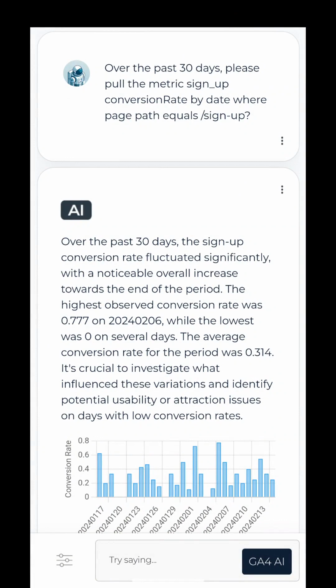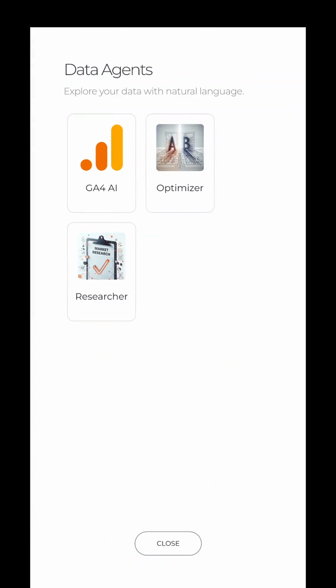So I want to direct your attention down to the bottom right-hand corner. You see this GA4 AI button. So I'm going to click on that. And what this does is it brings up data agents. And so data agents are little AIs that can perform specific tasks. So I created one for GA4, I'm working on one for researcher, and I have this one that helps me